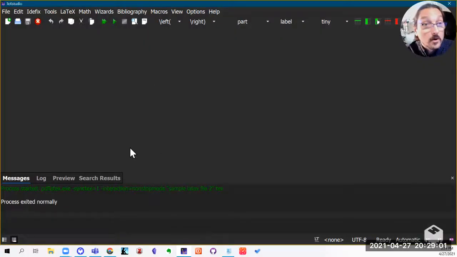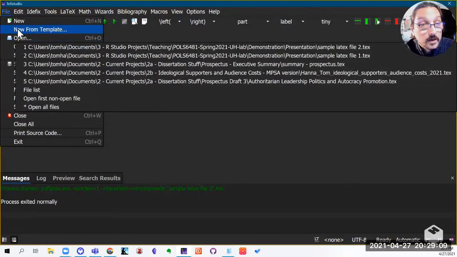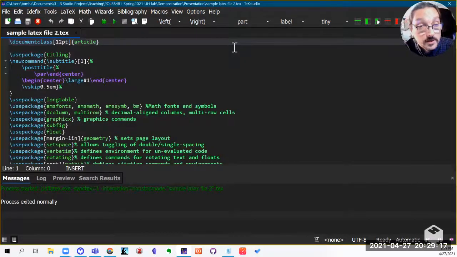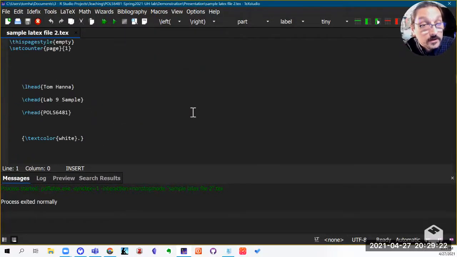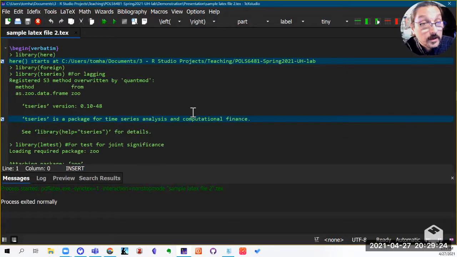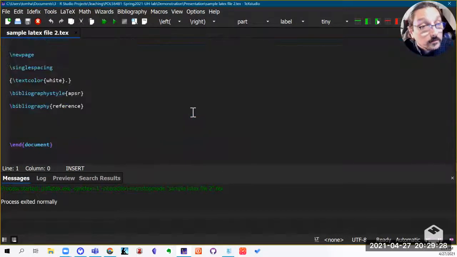The first thing I want to do is get that LaTeX file open again. Last time I opened it from the file menu. You can also use open recent. It's right there. And so I'm just going to use open recent this time. I'm going to scroll down. Everything is still there. We've still got our title page and our headings, and there is that raw code that